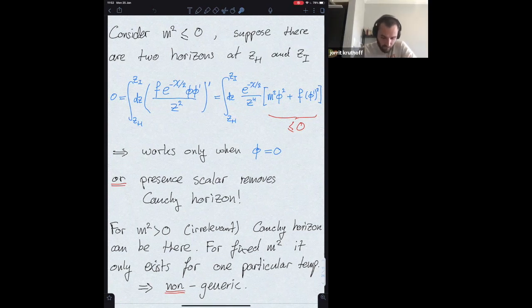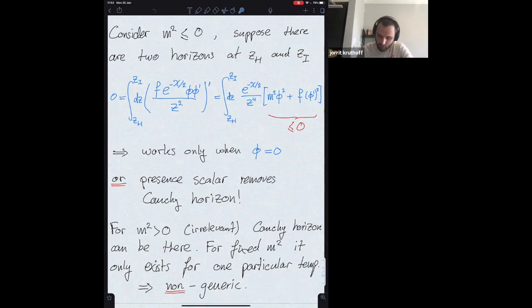Then I can construct this quantity. And this is just a total derivative. Knowing that f vanishes on both horizons, we have this first equality. And this particular total derivative here, using the equations of motion, I can rather easily write in terms of this object. So this term is positive, but if we now look at this object in square brackets, then we see that